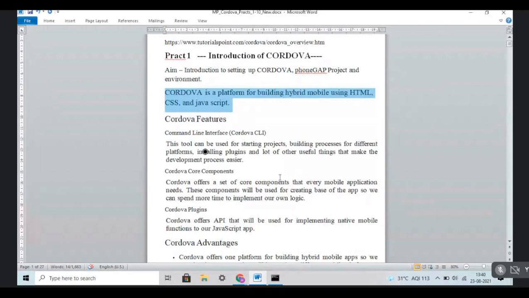If you read this one, limitations of Cordova.